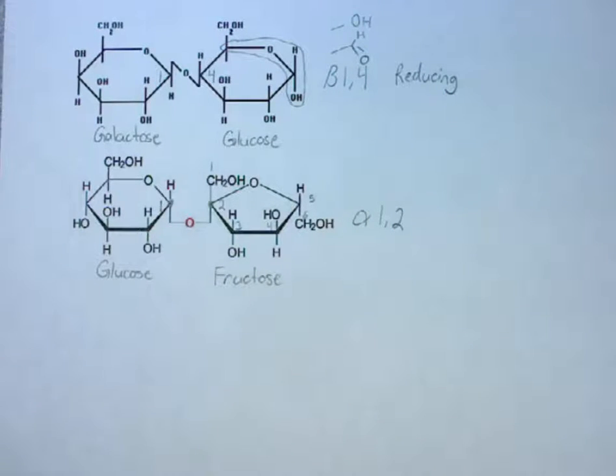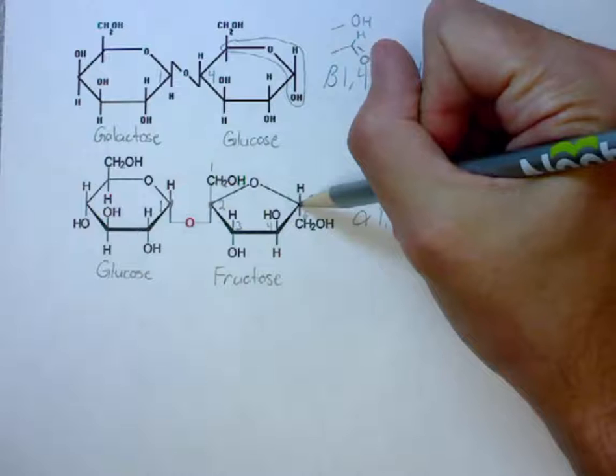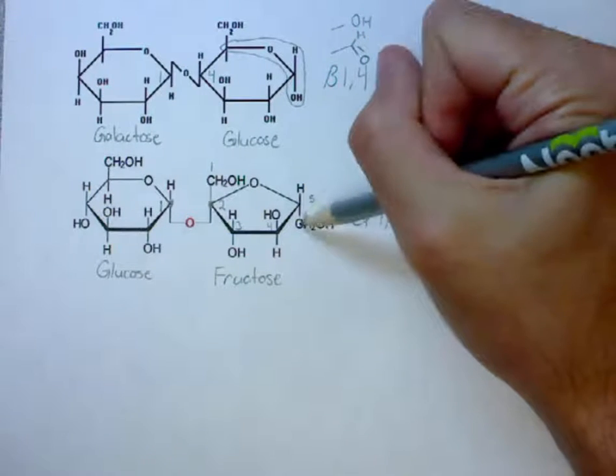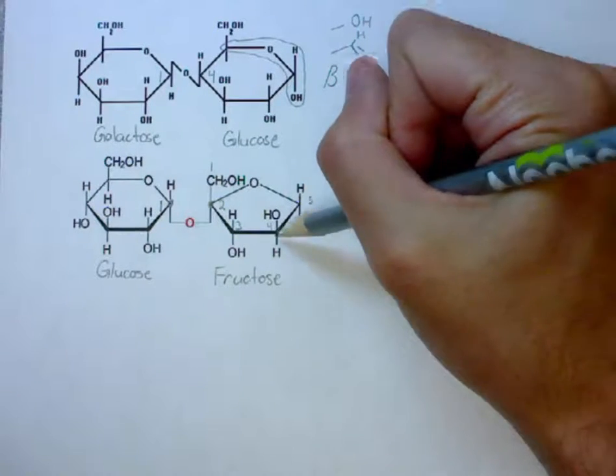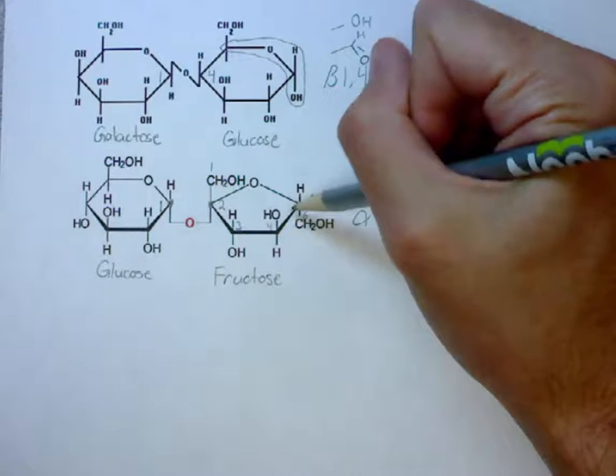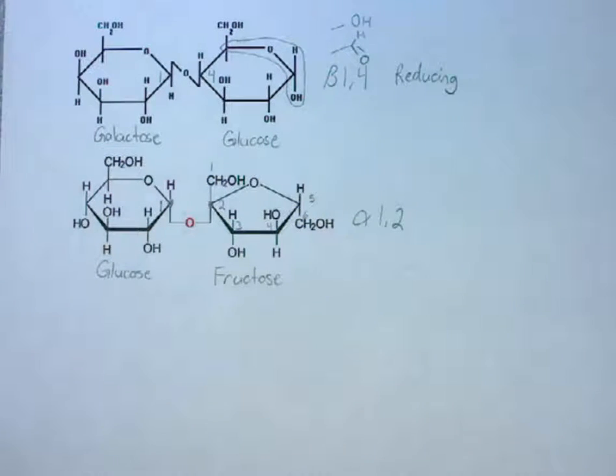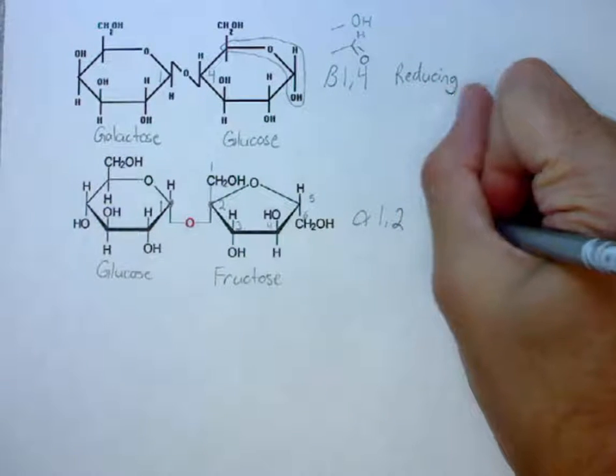1,2. To determine if this is a reducing sugar, we have to look for the hemiacetal. However, with fructose and glucose linked this way, there will not be a hemiacetal or hemiketal present. If we check this carbon, we have a hydrogen, we have an R group, we have another R group, and then we have an OR group. That does not fit the hemiacetal, so this will be a non-reducing